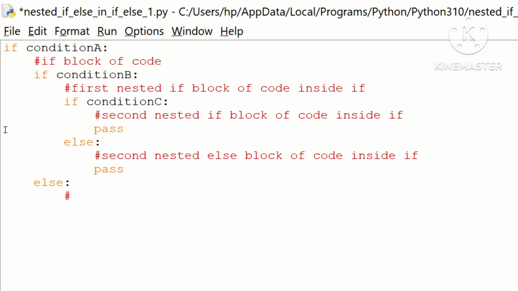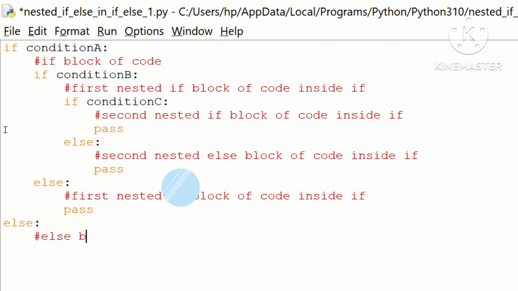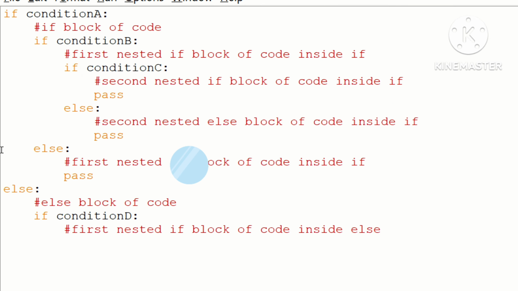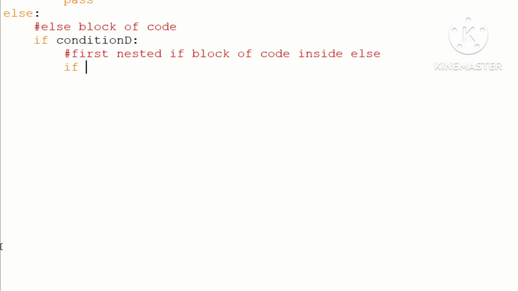Else colon, hash first nested else block of code inside if, pass, press enter, press backspace on the keyboard, else colon, press enter, it automatically takes indentation. Hash else block of code. If space condition d colon, press enter, it automatically takes indentation. Hash first nested if block of code inside else, press enter, it automatically takes indentation. If space condition e